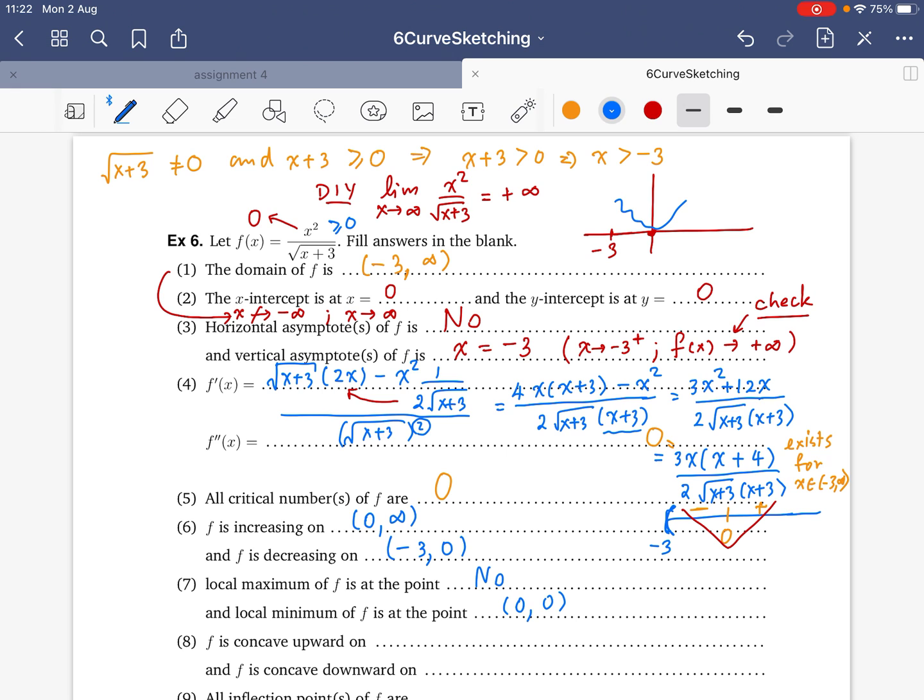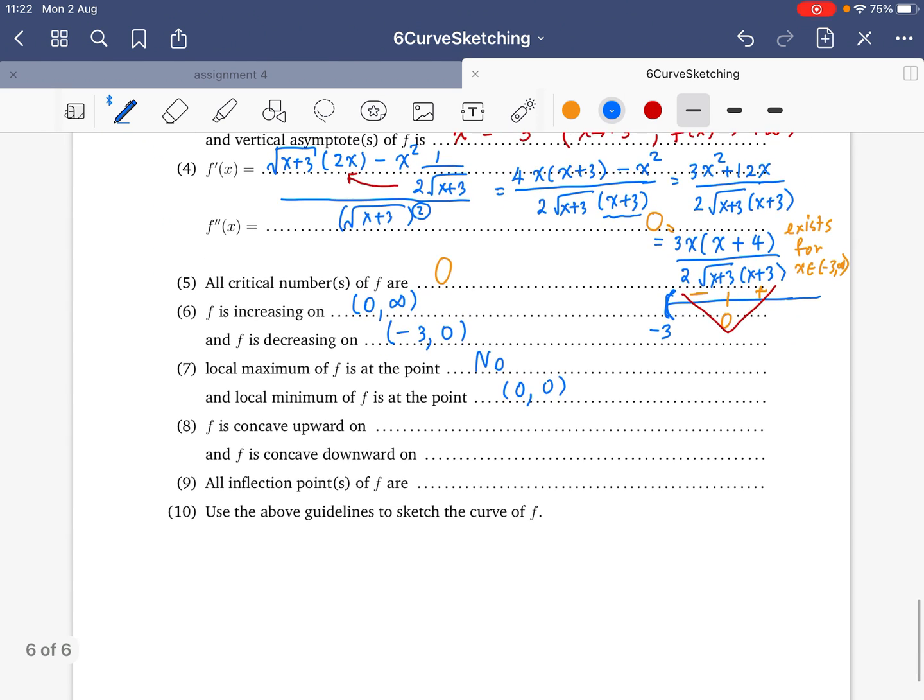All right. And then for concavity, you need to find your f double prime. So let us continue our f double prime over here. Let me simplify our f prime first. The f prime can be written as 3x squared plus 12x over 2, and then x plus 3 raised to the power 3 over 2. So it means that your f double prime will be the bottom